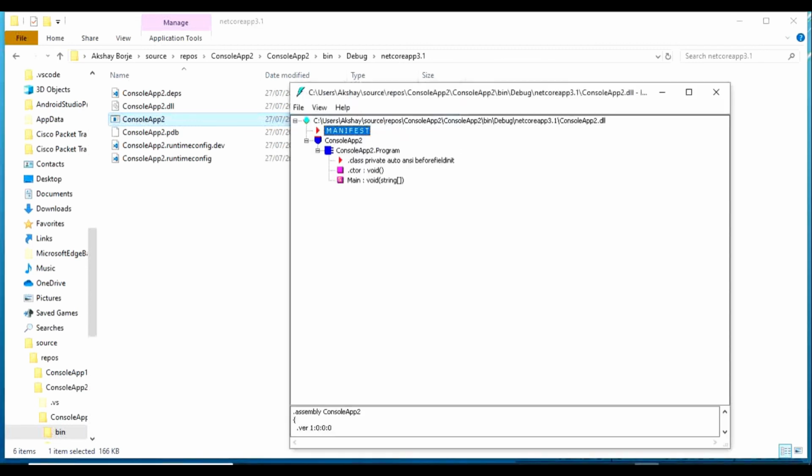Okay, so now as I have told you, this manifest contains information about the assembly. So it contains the version. We will talk in detail about this versioning, how it helps solve the DLL hell problem, and what basically the DLL hell problem is first of all. Okay, that we will see everything, but let me show you something before that. In this video, this version can be changed and we can handle this versioning from Visual Studio itself.